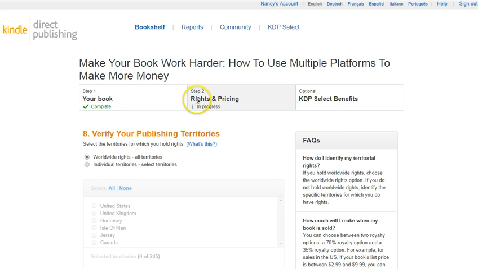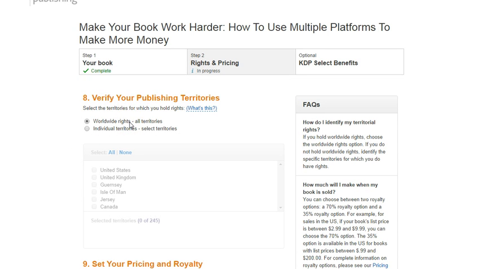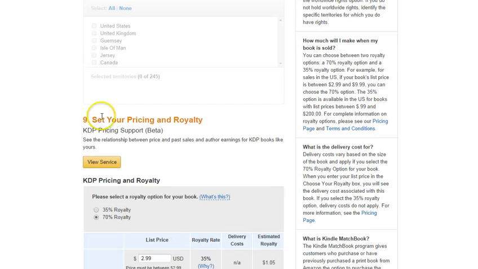This will take you to page 2, which is rights and pricing. Here's where you choose if you want worldwide rights or individual territories. I always choose worldwide. Set your pricing and your royalty. Now, I talked earlier, in an earlier lesson, about this beta pricing support